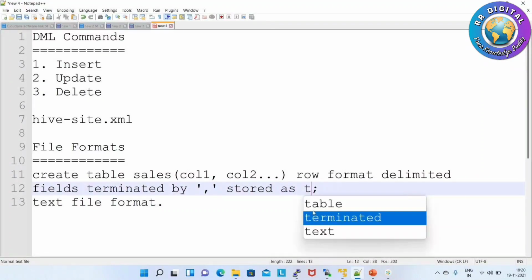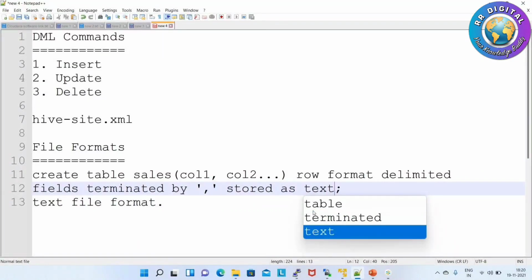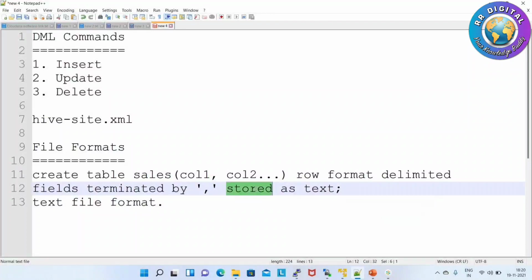Only these keywords are needed, and the Hive framework backend will execute based on them. If you do not specify, by default it will consider text file format. Except this you need not write anything.